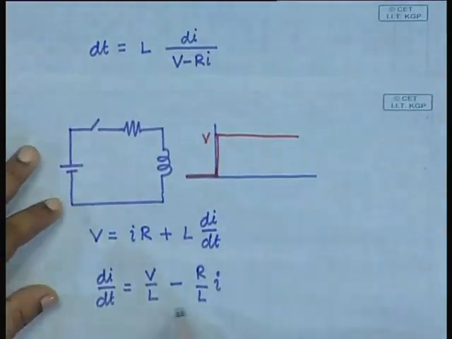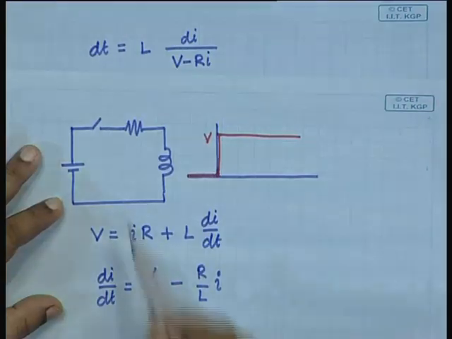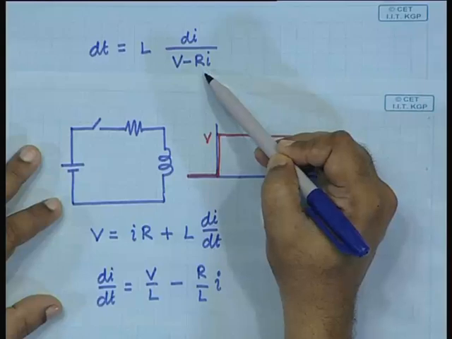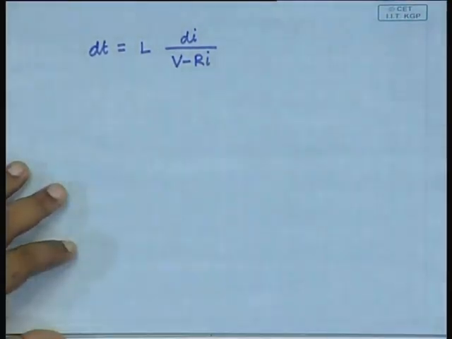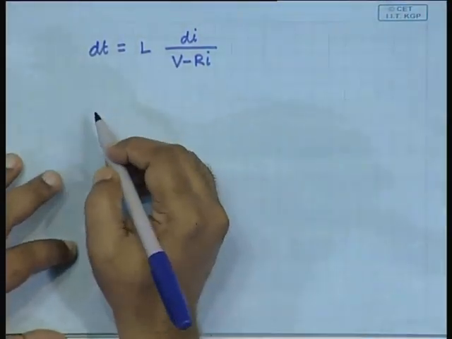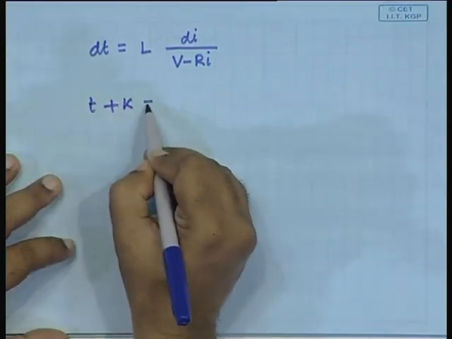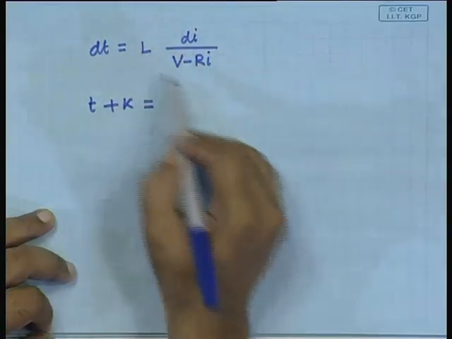See, we started from here. So you have dt on one side, and L dI by V minus R I, right, and then you would integrate this. The integration would mean it would be t plus an arbitrary constant k. This will be the integral of this